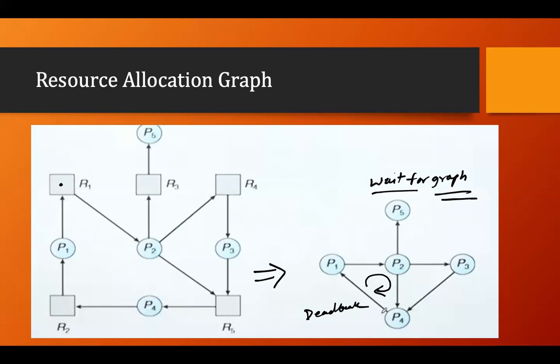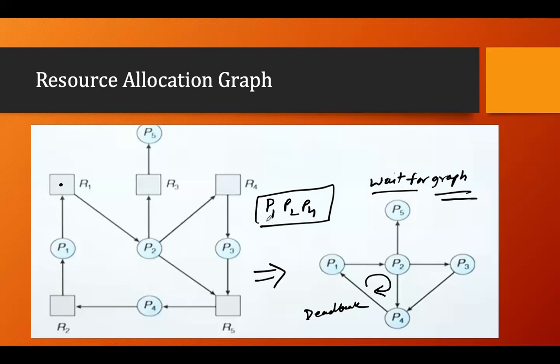Now, if I have detected the deadlock, I have to recover from the deadlock, right? So for recovering, we have different processes. One process is to kill the process or to preempt the process. So forcefully we'll preempt a process which is involved in the deadlock. What are the processes involved in the deadlock? P1, P2 and P4 are the three processes involved in the deadlock. So we can kill or preempt any of the processes.